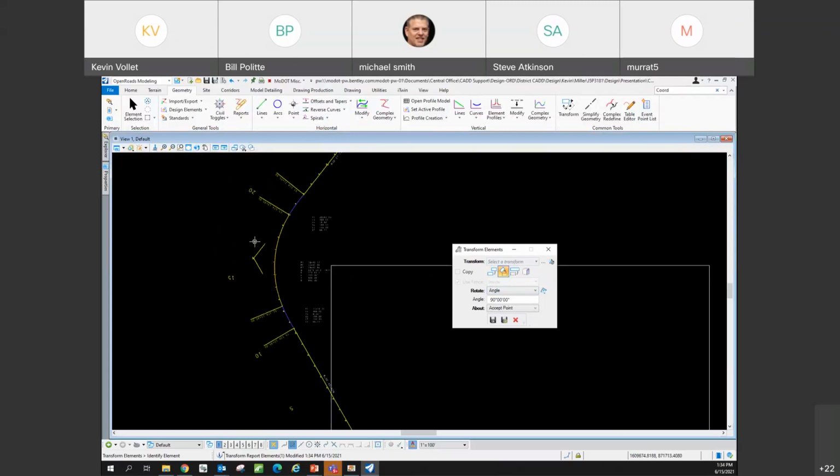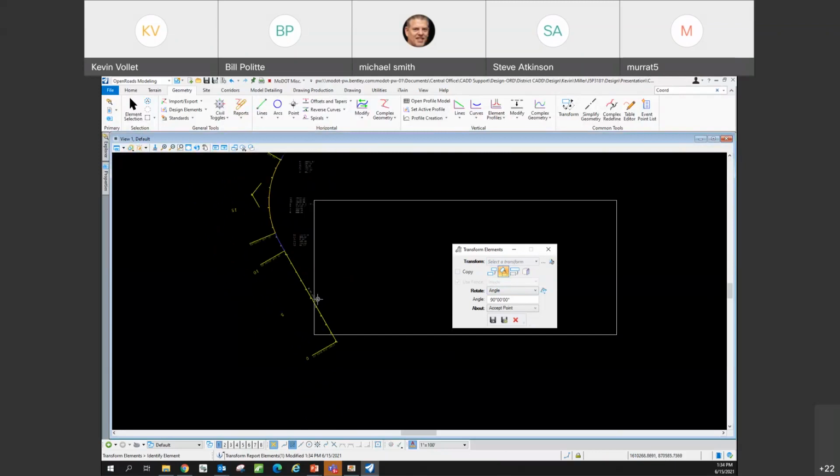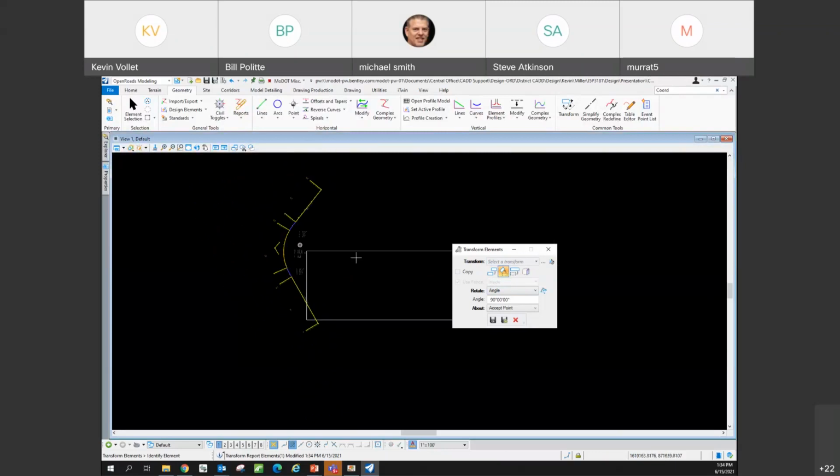But at least we got the scale, rotation, and translate tool in here finally. That's been a big thing that we've been asking for a long time, and they finally got it in there. So I'm going to go back to the PowerPoint, and we're going to cover our last thing for today, which